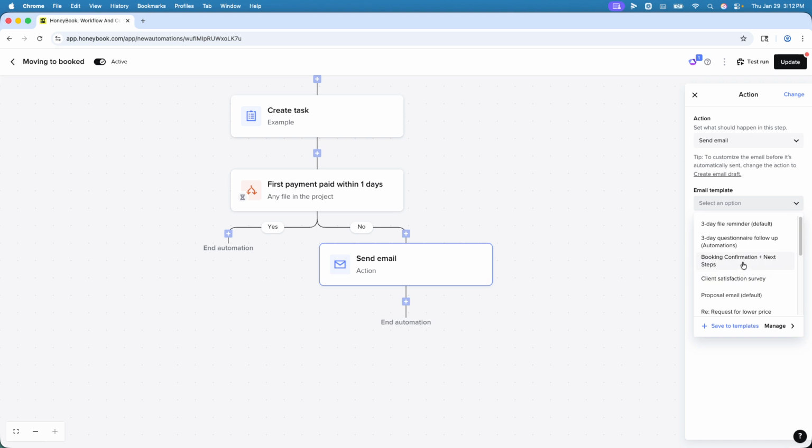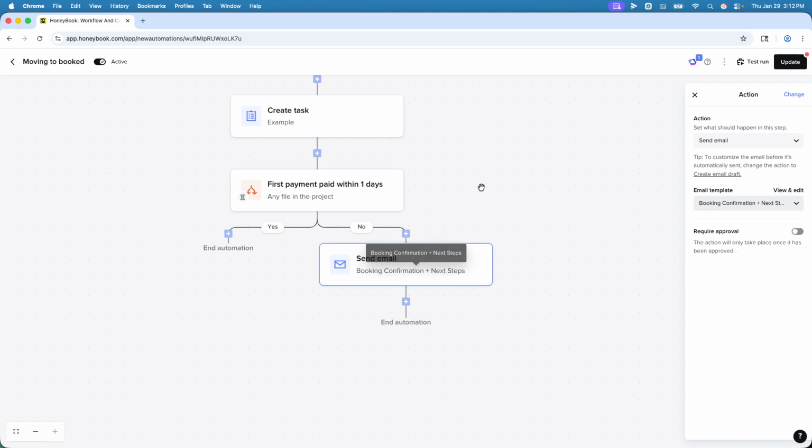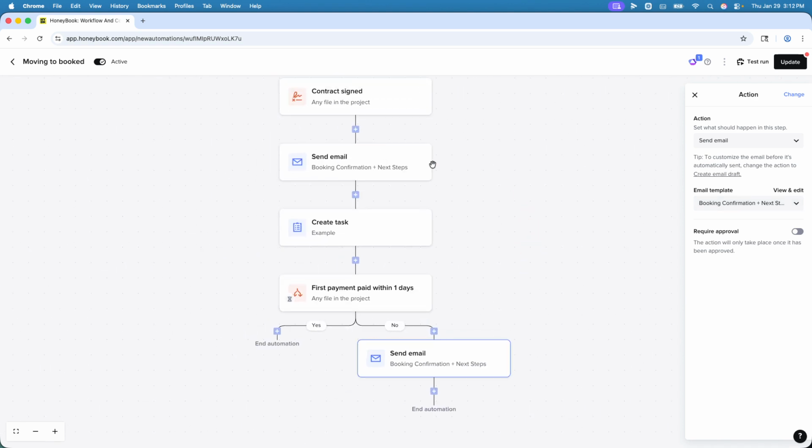So that is a big one. Pretend this says follow-up, okay, for the sake of our email. So that is a great example. In these automation steps, if you are using 2.0, one thing to be aware of is that